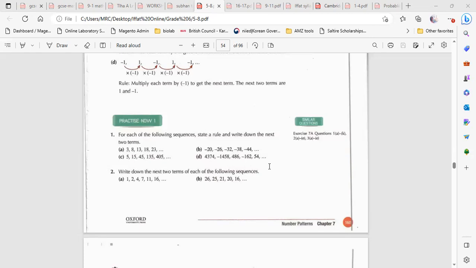What is the next term? So first of all, you have to check what we have to do for getting the next term. So here we have 4374 and here we have minus 1458. So the number is